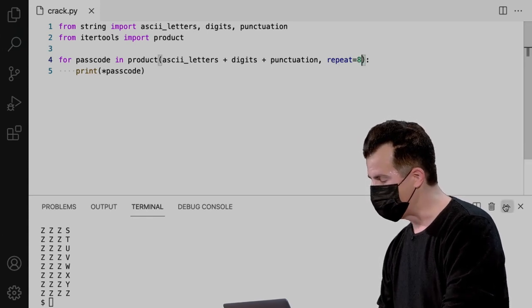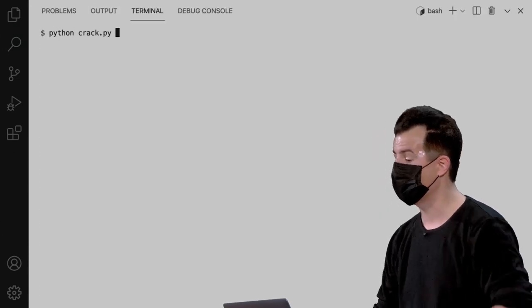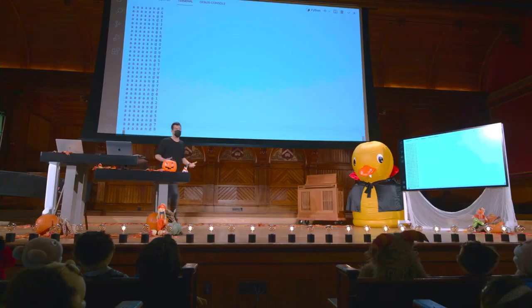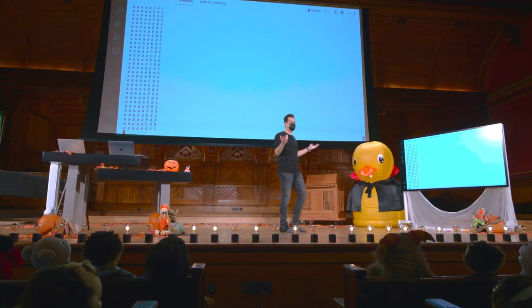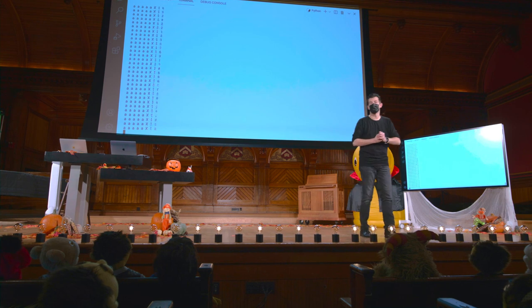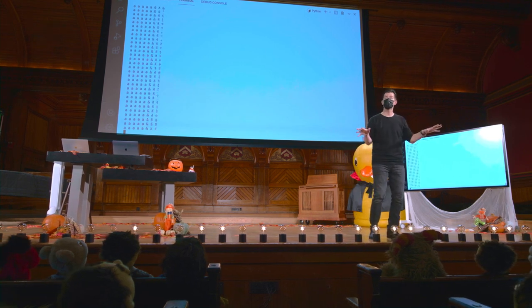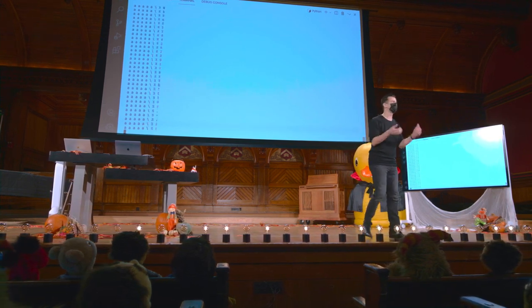I'm going to now increase the size of my window just so we can see more on the screen, rerun the code. And this is going to take us some hundreds of thousands of years. So we won't run to the end of this demo. Now we seem to be in a better place. All right, so what's the takeaway here? Clearly, you should use a passcode, a password that's 8 characters with letters and numbers and punctuation.